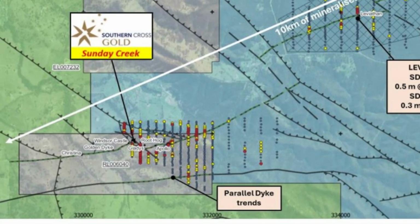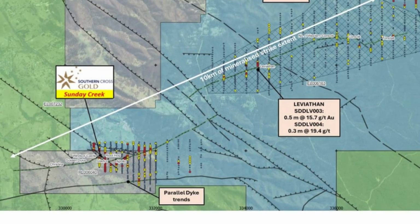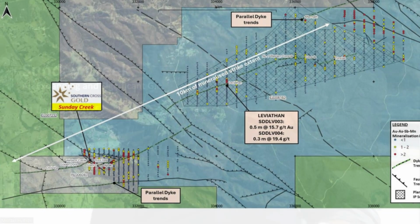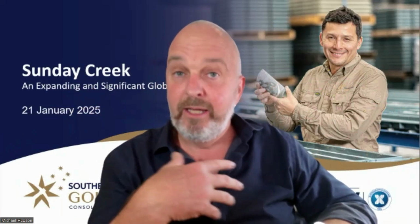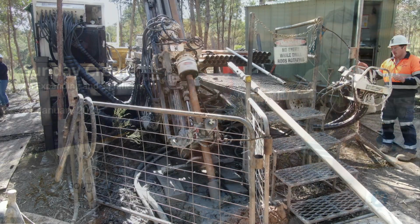We've got a very large IP survey. It's been running for 2.5 to 3 months already. The team is well and truly back. They came back after the new year. We're doing lots of soil sampling. We've got geologists mapping those same areas so we can start to really put that 6th rig to work, looking